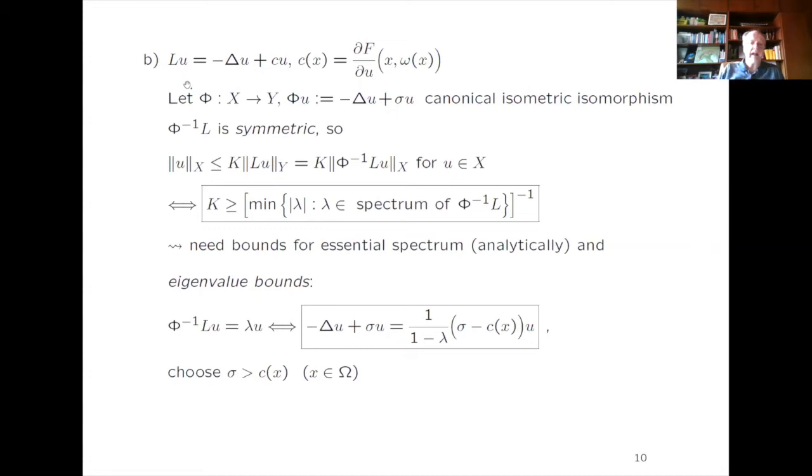For calculating this k here, we first use again this canonical isometric isomorphism between a Hilbert space and its dual. Recall y is x prime here. And this canonical isometric isomorphism in this concrete application reads just minus Laplace plus sigma. You can easily calculate that. So then we can also see that phi inverse L is symmetric in the sense I mentioned before, which comes from the fact that this operator L has the symmetric form. And that means we can